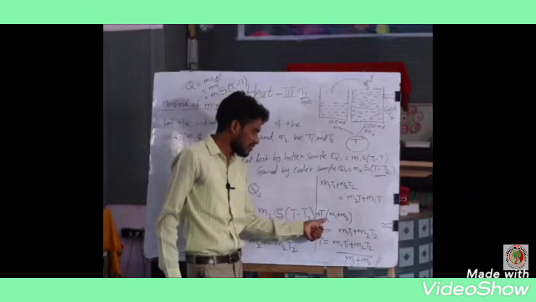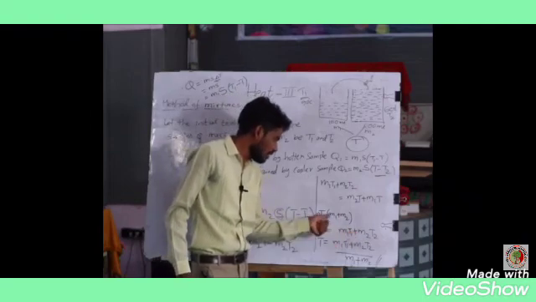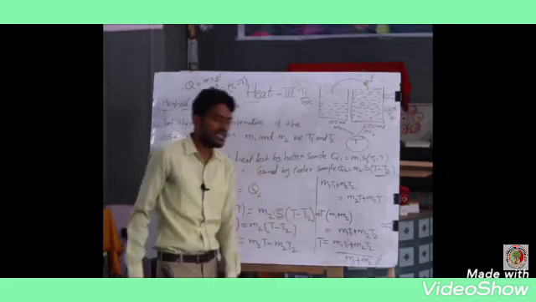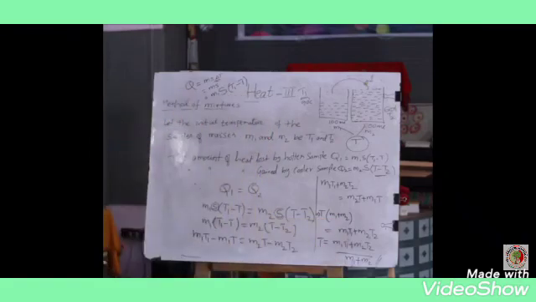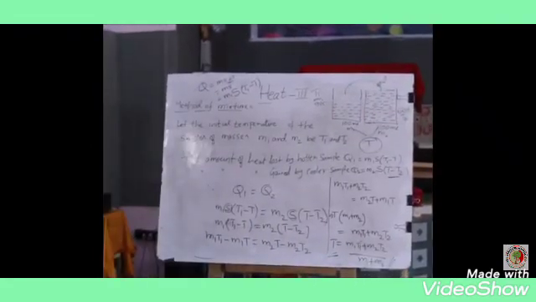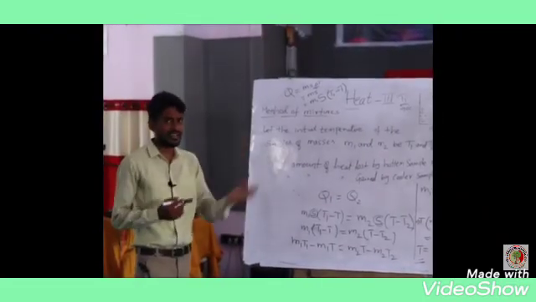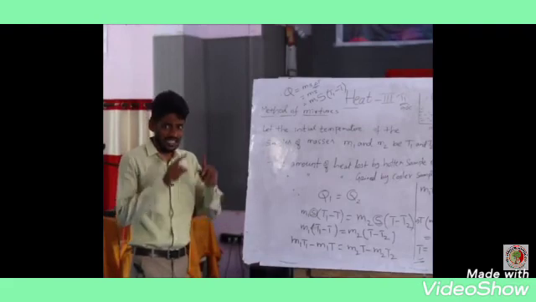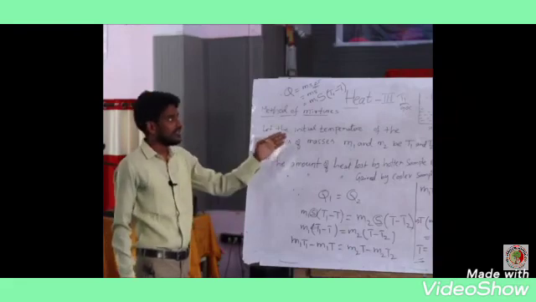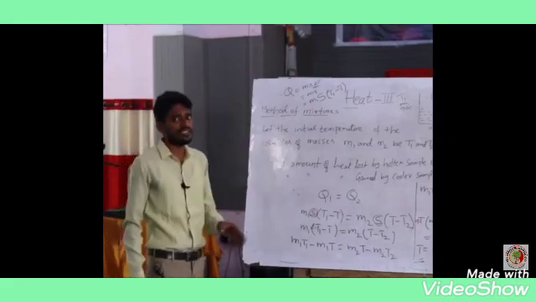Final temperature T equals M1 T1 plus M2 T2, divided by M1 plus M2. So finally T equals (M1 T1 plus M2 T2) by (M1 plus M2). This is the final temperature formula in method of mixtures. Have you understood well? Simple derivation. Masses M1, M2, their final temperature T, and initial temperatures T1, T2. T1 is the highest temperature, T2 is the